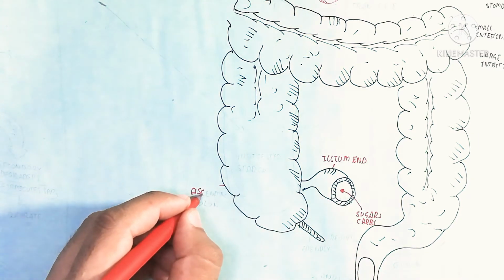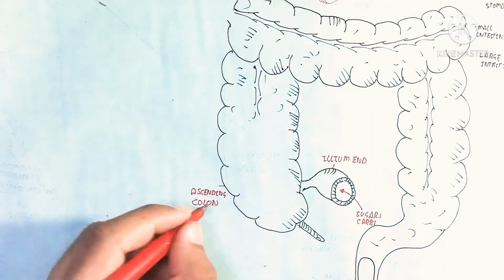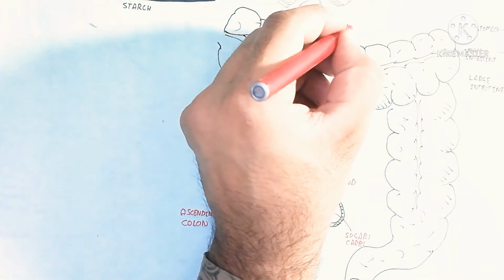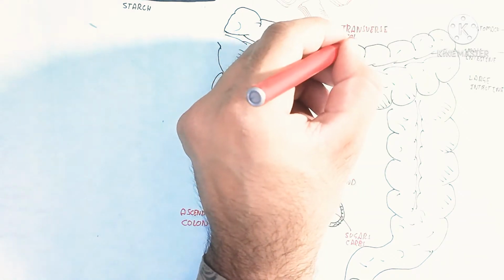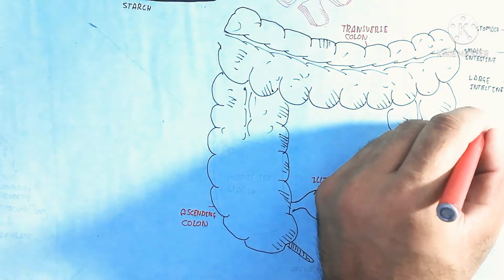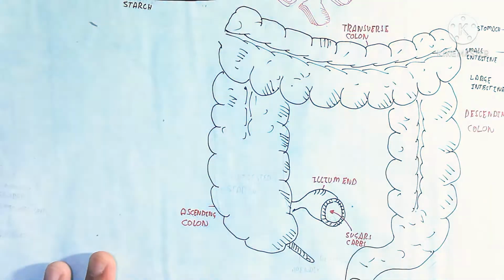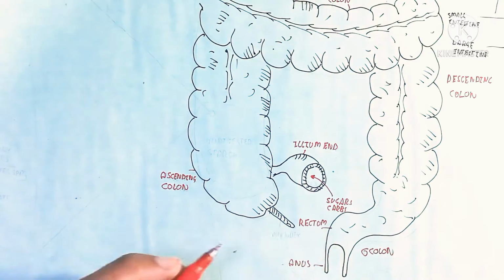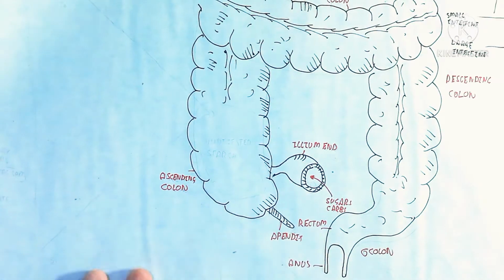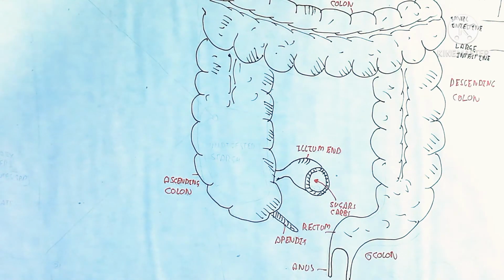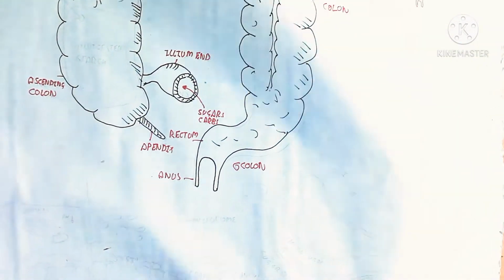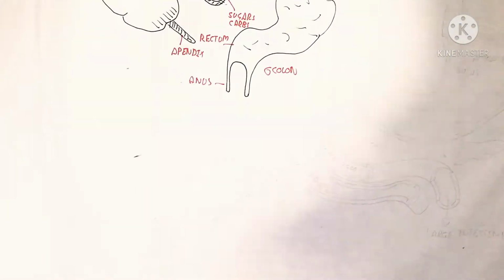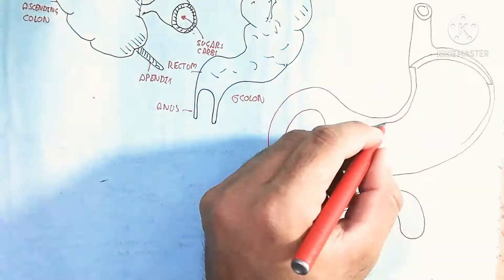So here I am drawing the large intestine. The large intestine begins from the end of the ileum. The ileum is the end of the small intestine, and the ileum allows the sugars or carbs to move inside. There are different types of accessible carbohydrates for the microbiota, so the microbiota will use them. So here are the ascending, descending, and transverse colon as well as the sigmoid colon, and here is the rectum and anus, and that is the appendix. That is basically a part of the large intestine.